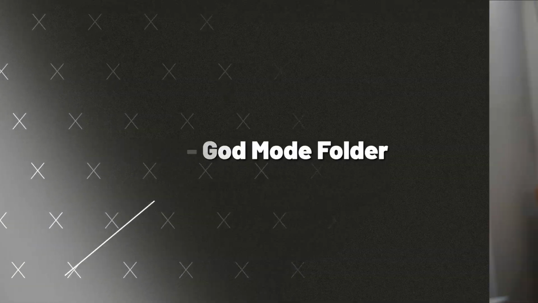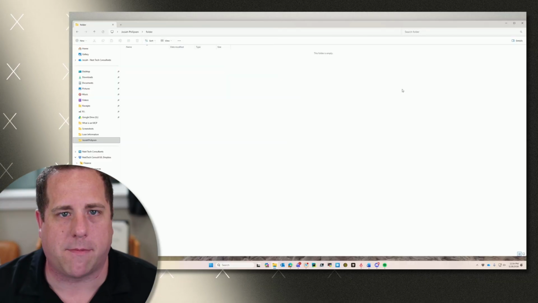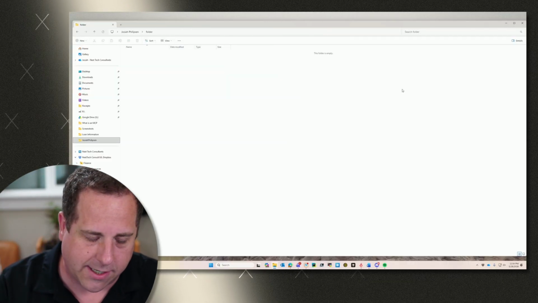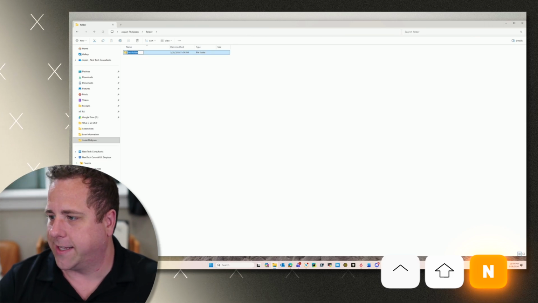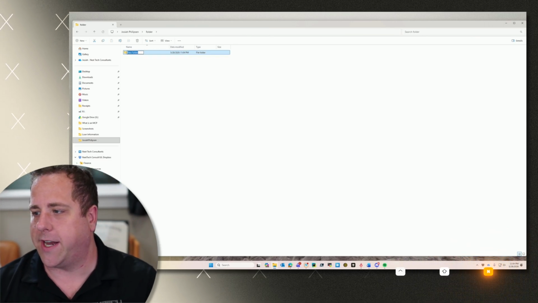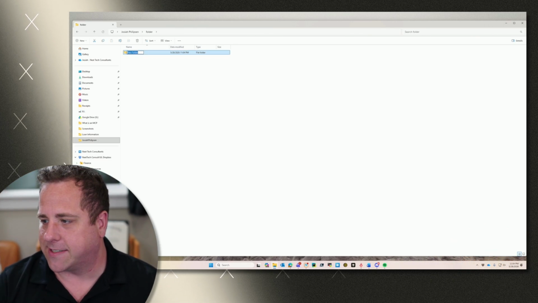I'm actually trying to figure out the use case of this, but I think it's really cool. I'm just going to tell you, you can create a GodMode folder. I'm going to pull up my file explorer. If you create a new folder, so I press Control-Shift-N and it'll create it, or you could right click and say new folder, but you're going to put in exactly this, and I'll paste this in the comments below,